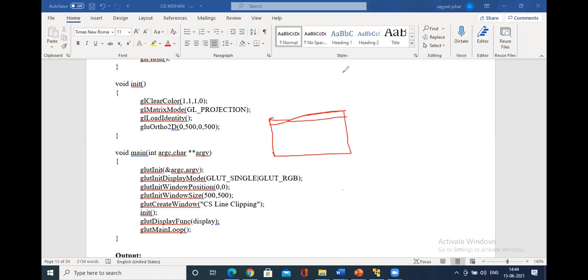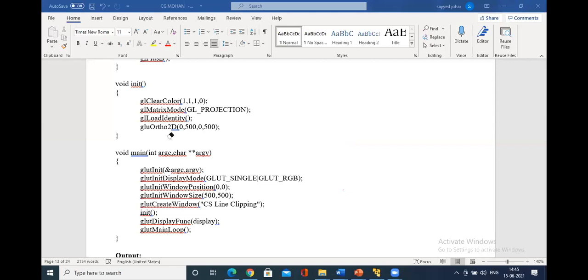Then call the init function. What we have in the init function is calling the orthogonal 2D function, gluOrtho2D. Let me go to the init function here itself. So glClearColor, the background of the screen, is being set. Then load the projection matrix, load the identity matrix.